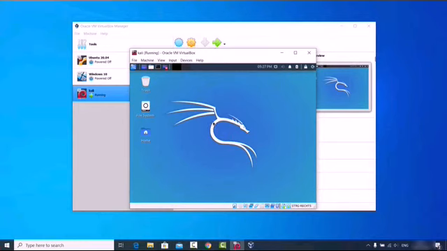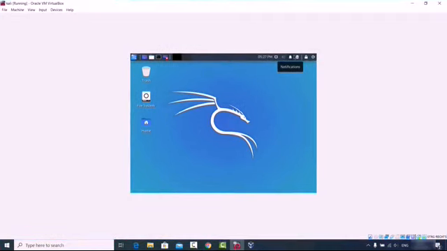Okay. Now one thing you will notice here is that when you maximize this window of VirtualBox, the Kali Linux desktop will not resize according to the